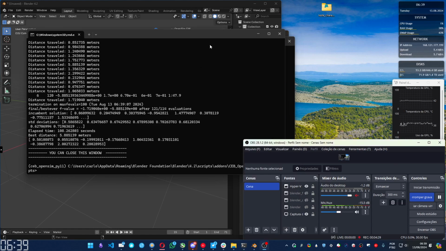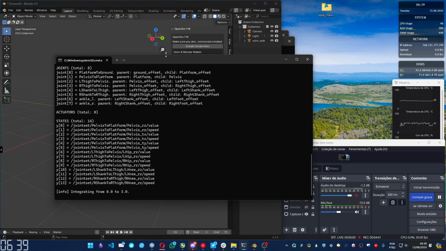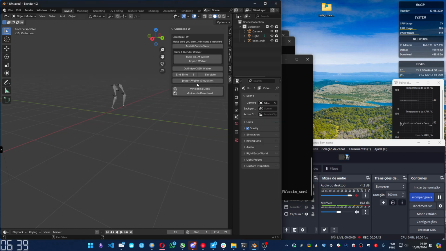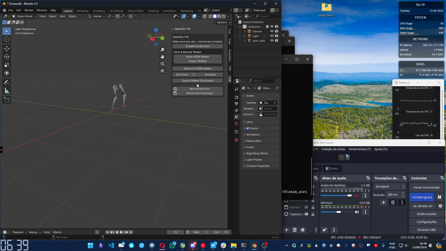Let's take a look at this result. Probably this one will work because you can see that it went up to 5.8 meters. So let's simulate it again. You optimize, then you simulate, then you import the file. Import the walker simulation, and this time